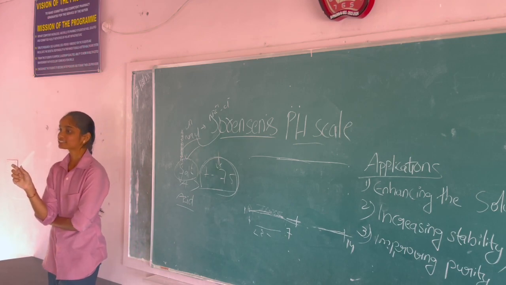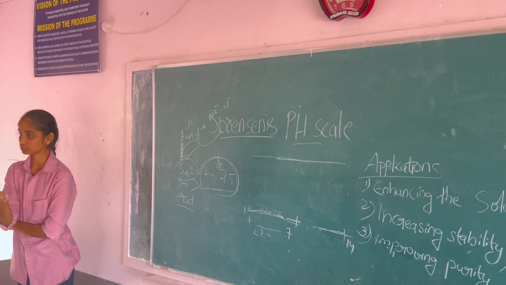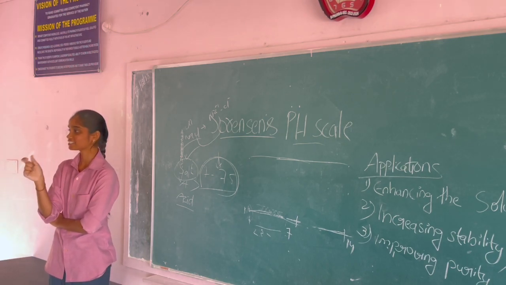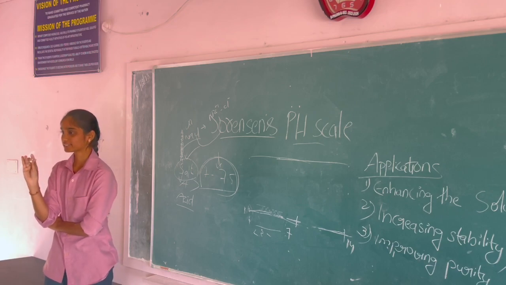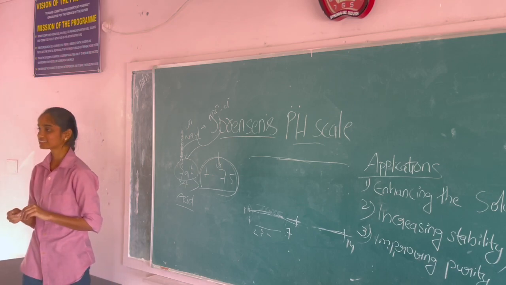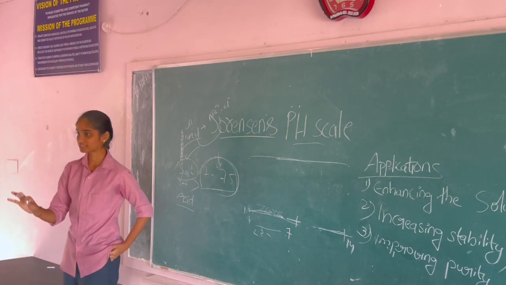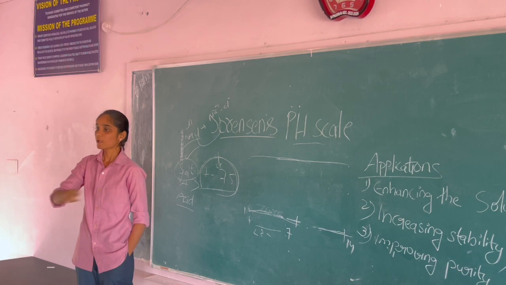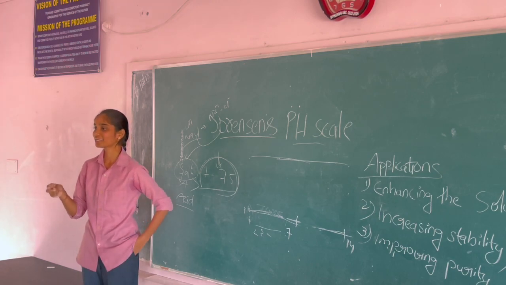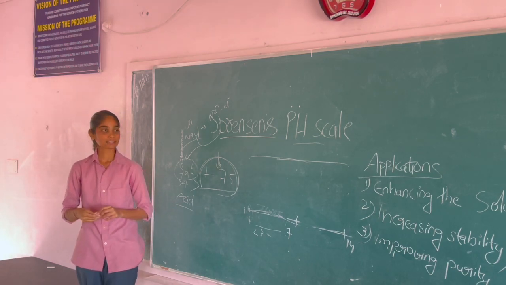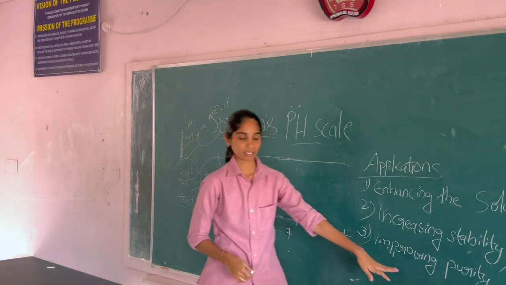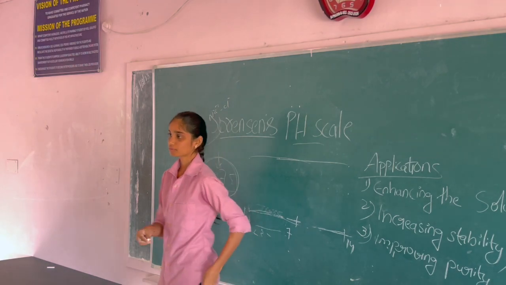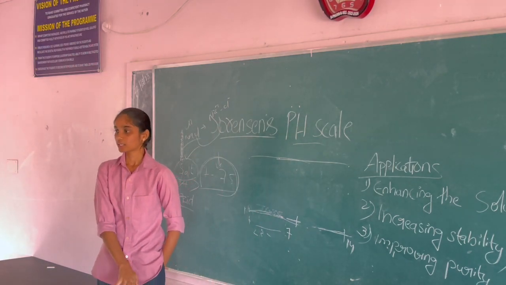At the isoelectric point there is no net charge; it does not exhibit any positive or negative charge, and it shows a neutral charge. At that point, these amphoteric compounds are going to be less soluble in water. At the same time, by using optimum pH we can also improve the purity of the compounds.